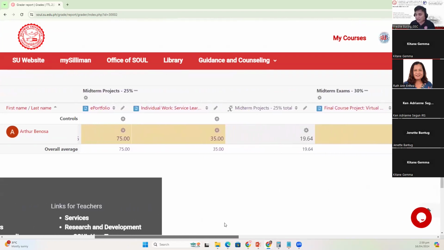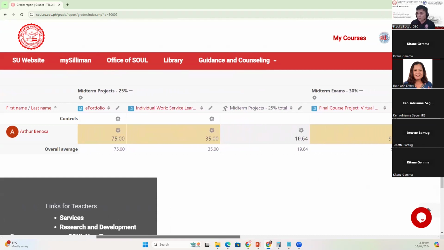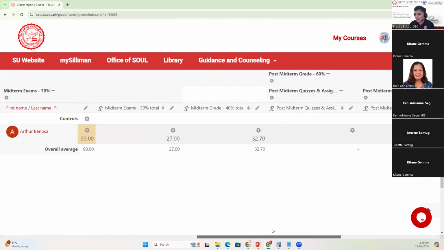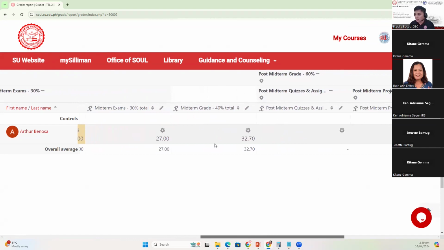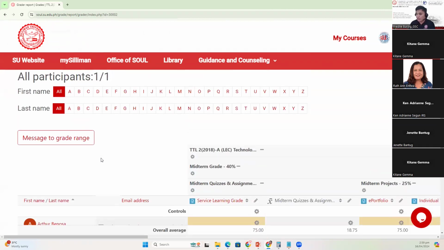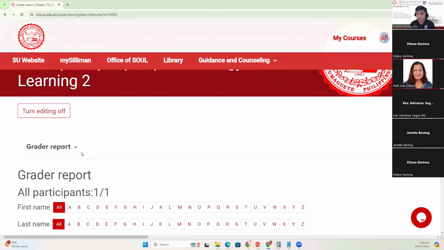Based from the activities, it will give the percentage, and now it provides you with this one. Then here you have this percentage, and then the grade total is 32.70. So if we want to check the user report, in this part, we just click the drop